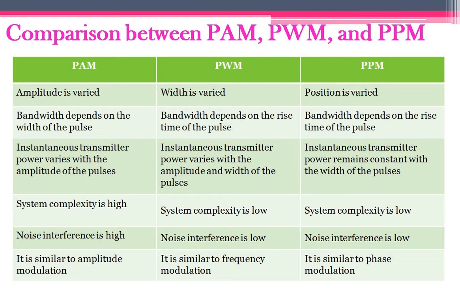Now, PAM is similar to amplitude modulation. Yes, of course, this is continuous wave modulation as I said. These are discrete pulse modulation schemes, and those are continuous modulation schemes. In continuous modulation schemes, we have seen amplitude modulation, frequency modulation and phase modulation. These are also similar; here we just have pulses. So pulse amplitude modulation is similar to amplitude modulation, pulse width modulation is similar to frequency modulation, and pulse position modulation is similar to phase modulation. I hope you are clear with the comparisons of PAM, PWM, PPM modulation and demodulation techniques. In case of any doubts, please do let me know.